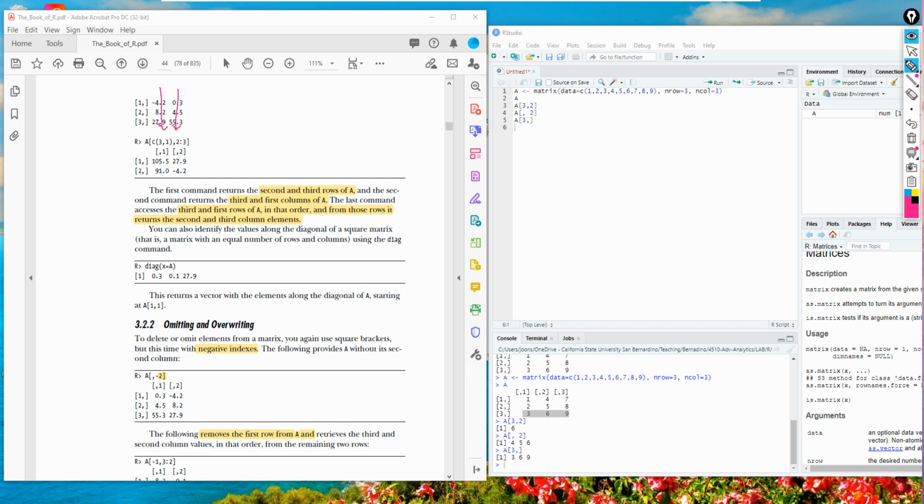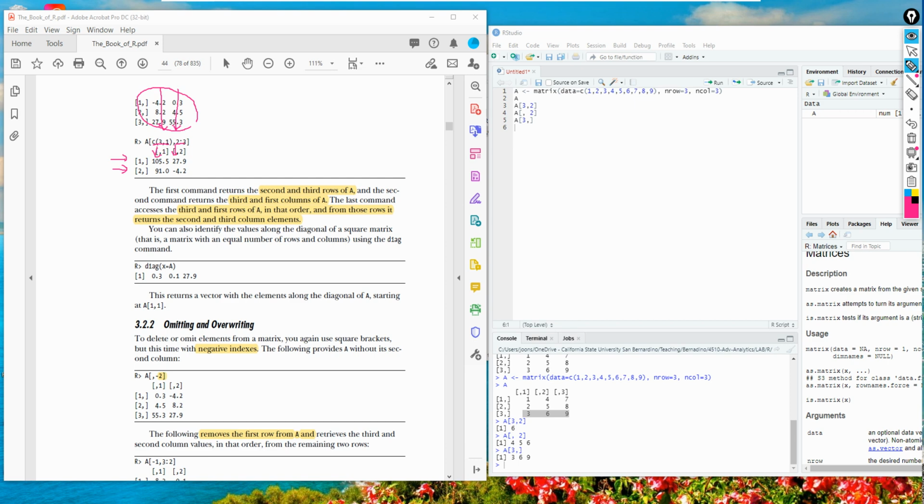So the type of the return value is a matrix. And let's take a look at this example. It returns multiple rows and multiple columns. This is the third and the first row of A, and then the second and third column, starting from the second and ending with the third. So basically two columns: the second and the third column of A.